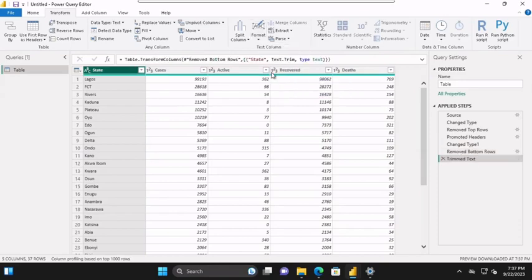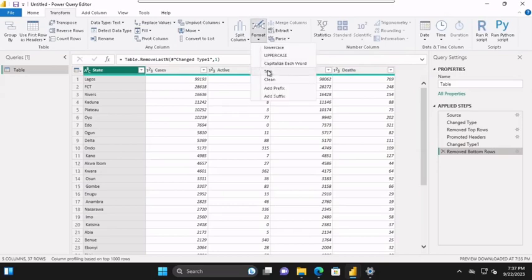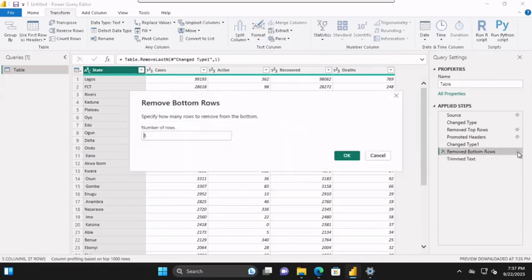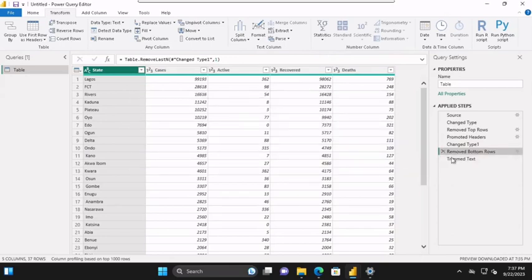That's all. Now if I want to undo that step, I can just click on this and it's gone. Right? If I bring it back, format, trim. So I brought it back. Okay, look at these bottom rows now. I can decide to click on it and edit it. You can see this setting sign. So I can decide to change something, but that's if you want to undo, go back steps, remove a